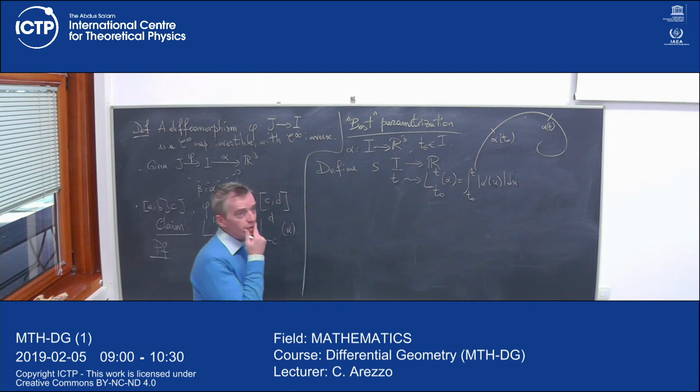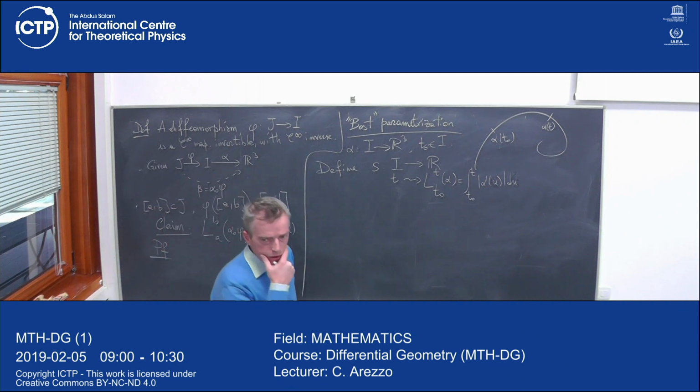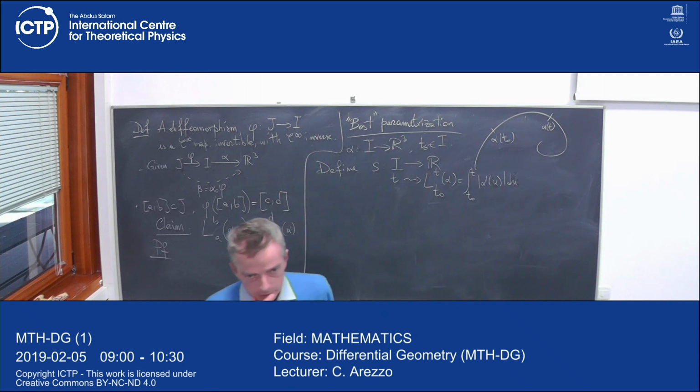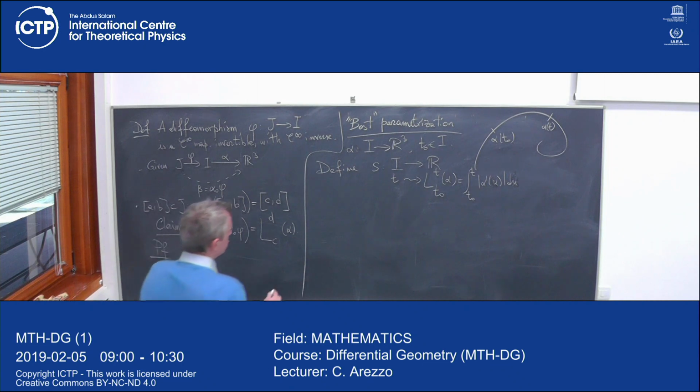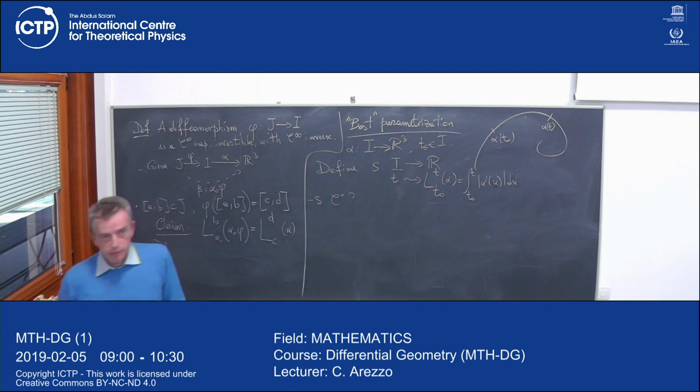Now, basic questions. At the end of the day, I would like to find conditions under which this map is actually a diffeomorphism, restricting to the image, okay? But, let's see, is it continuous? After all, we have to prove it's infinity, so we better start from 0. Why is it continuous? The integral of is continuous.